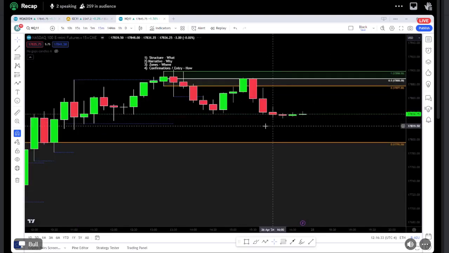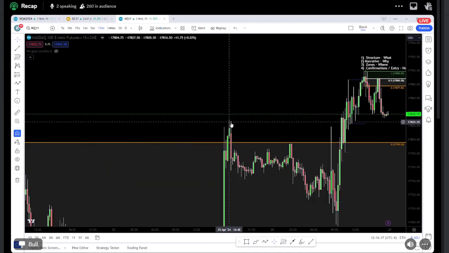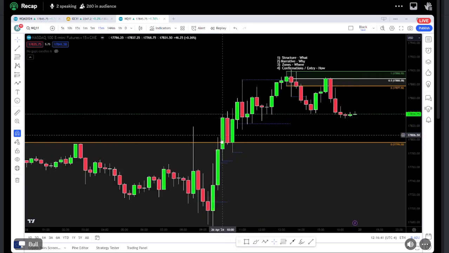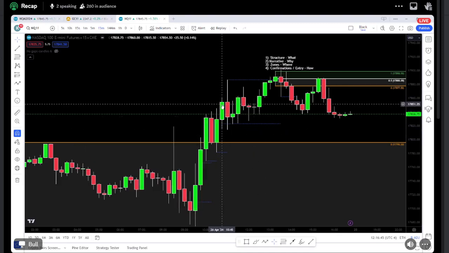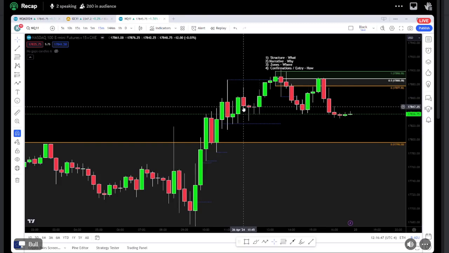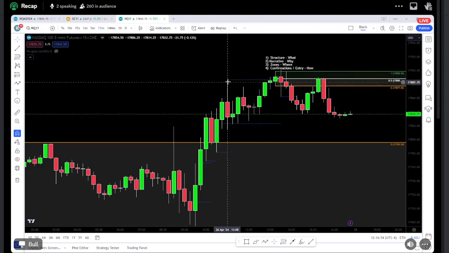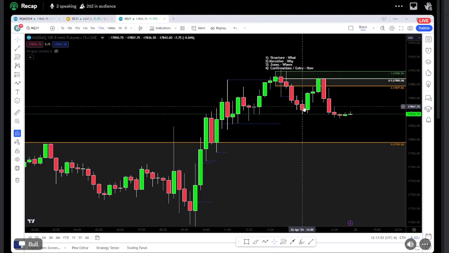Okay, but if we're also looking at the 15-minute, we see our high here. As soon as that got taken, we traded back into the range. We accumulated. We actually pushed up a little further. And then what do you see? We see this is an hour and a half, hour 45 minutes of accumulation here. And as soon as we break and close above this candle, we accumulate again. And then we see our change in order flow, which then facilitates our pullback.